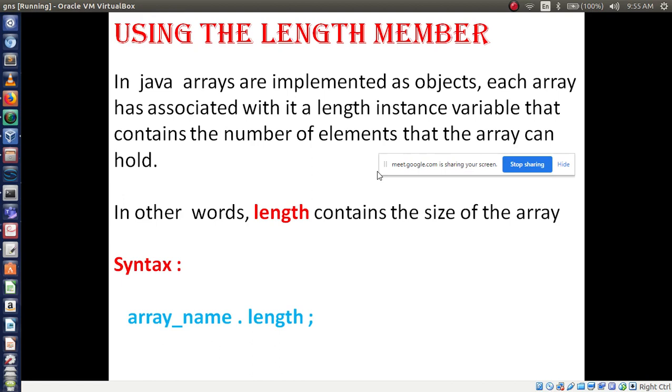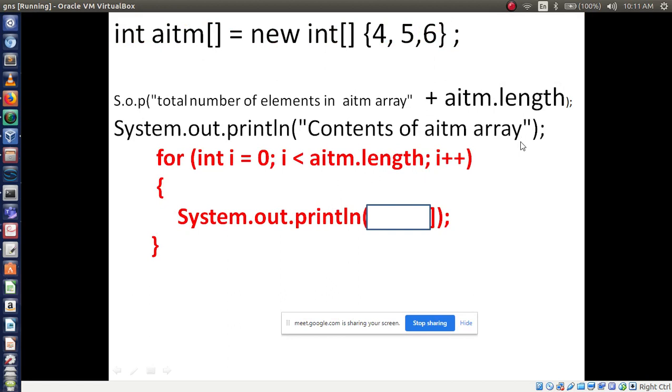That's why I'm asking. What is the array name? AITM. Then to print all elements you have to give AITM, then I. That's it. Very simple logic.